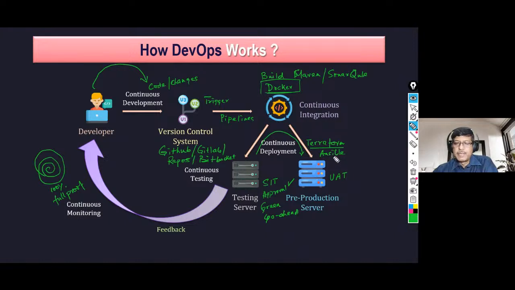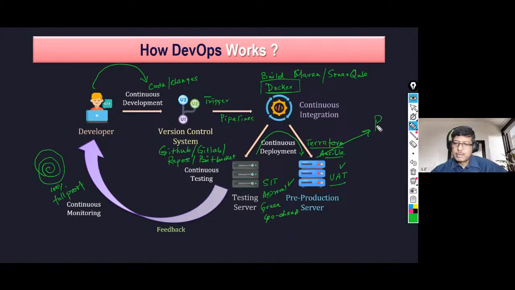You will configure the software requisite for testing your particular product with Ansible, and then through the pipeline deploy it to the UAT, I mean pre-production. There will be user acceptance testing, and if this is passed, you will deploy it